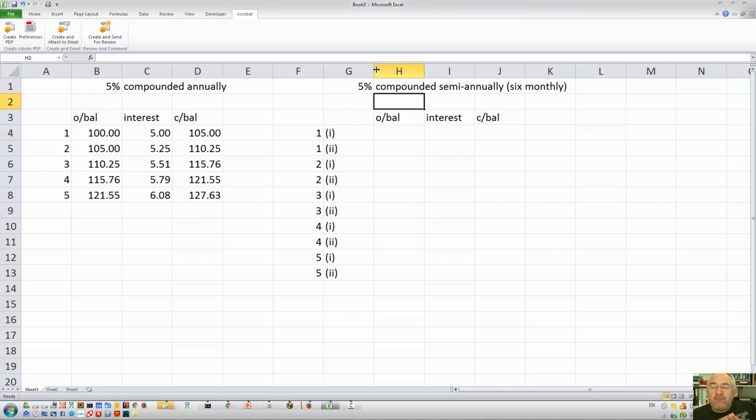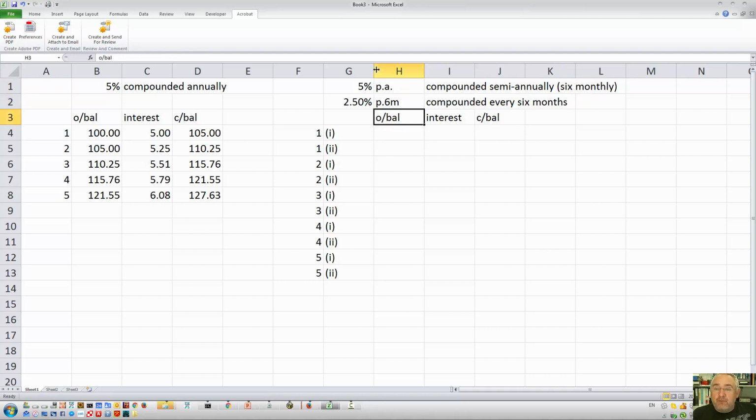When they say 5% compounded semi-annually, what they really mean is 2.5% paid every 6 months. Right? So when they say 5% per annum compounded semi-annually, they actually mean